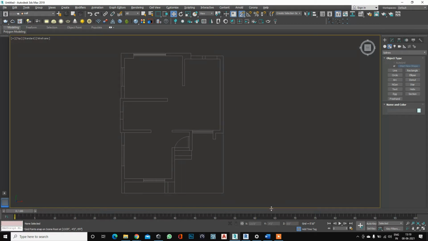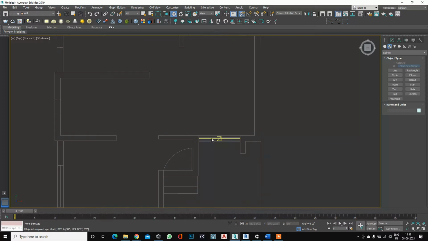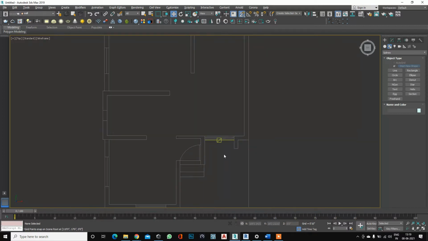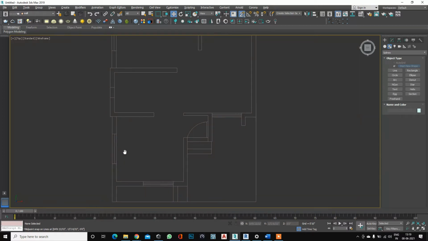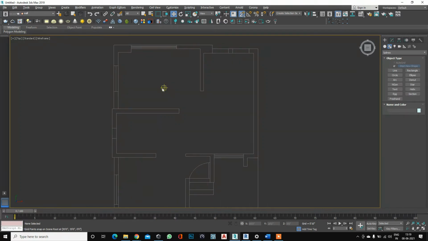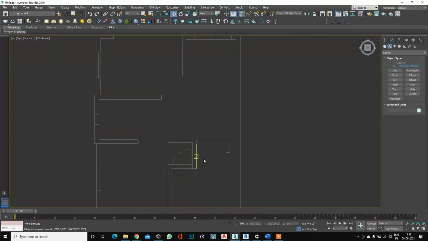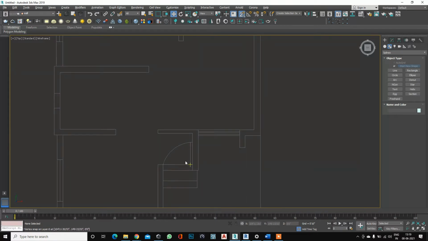Okay, understand this? Now here, this is our window 1, window 2, window 3, window 4 and window 5. What we need to do first is set our sill level. Here we already know that our plinth level is 2 feet. From the plinth level, what is the height of our sill level? It is generally 3 feet above the plinth.